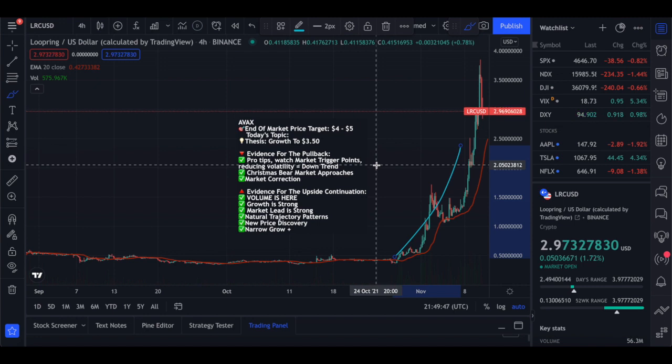I'm also taking into account that there could be additional corrections in the market. Of course there could be. This is the crypto market we're talking about. It's crazy. It's volatile. Anything can happen. But most importantly, you have to look at the use cases for Loopring. You've got to look at the good use cases and how valuable it is for a lot of different platforms and what people can use this for.